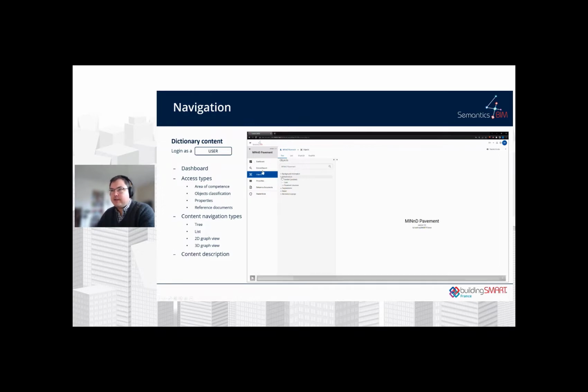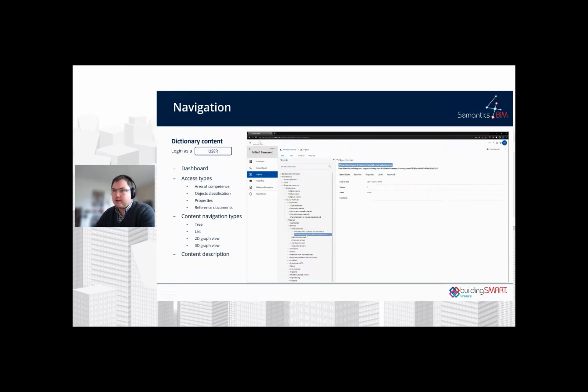Here we have access by the specific area of competence in this particular dictionary. We have access by the objects. It's more the classes if we are compliant with the ISO 23386. And we have access by properties, or access by reference documents.